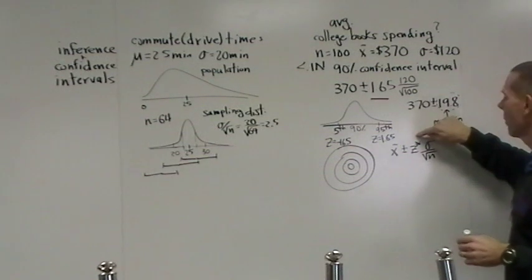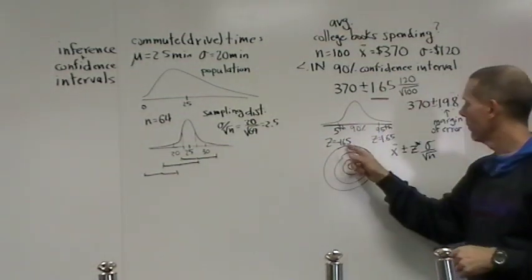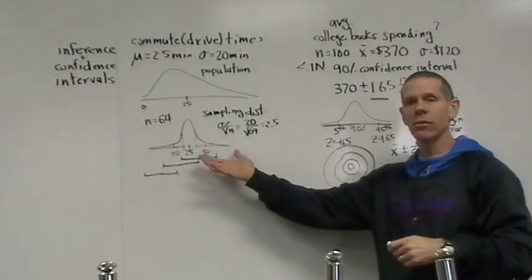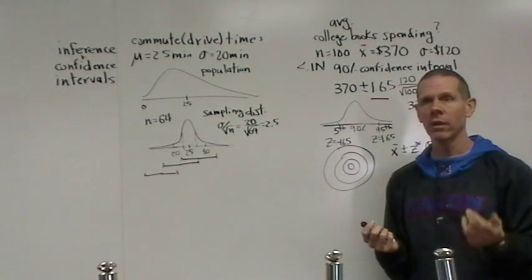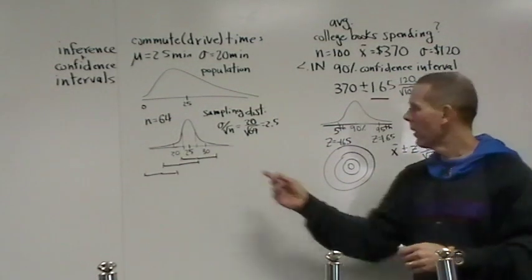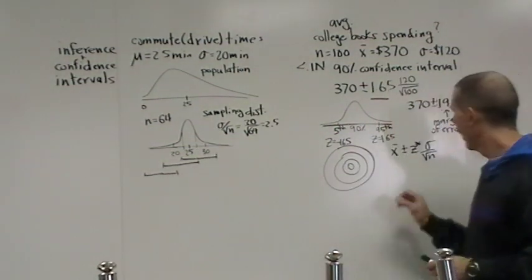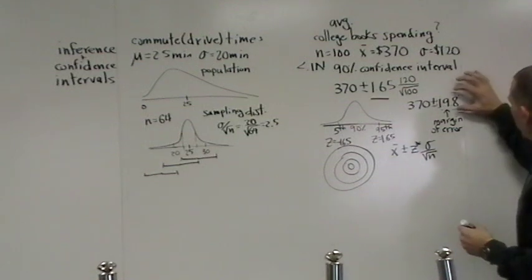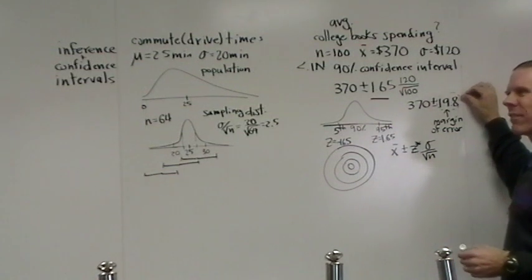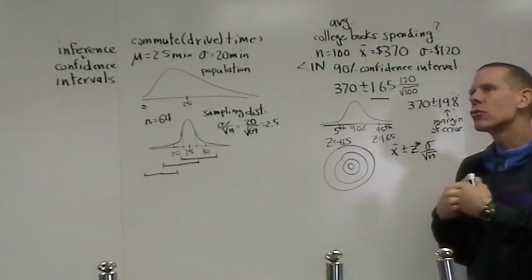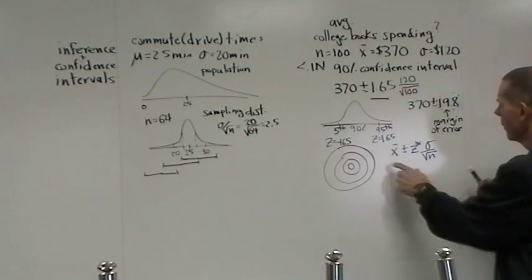This little Z star thing just means how many standard deviations you want to go. Sometimes it's 1.65, sometimes it's 2. If for some reason you only wanted to form a 68% confidence interval, that's very strange, but you could, well, then you'd only go 1 standard deviation either side of the sample mean. And when they're all built the same, this piece on the end is called the margin of error. It gives an indication of how far off you think you could be, even though the answer is definitely already etched in stone.